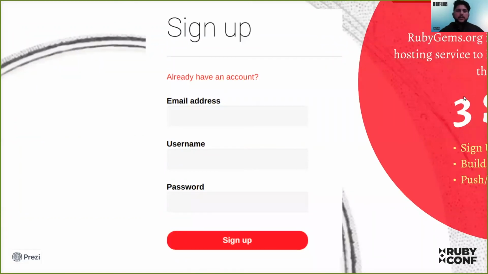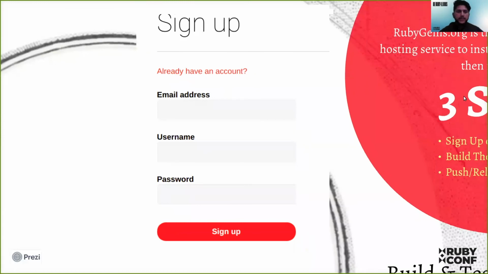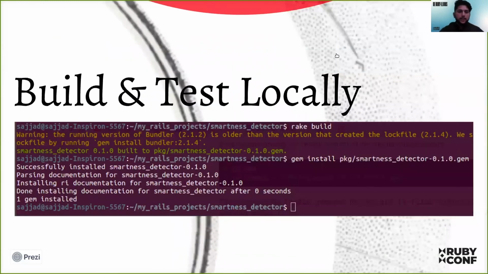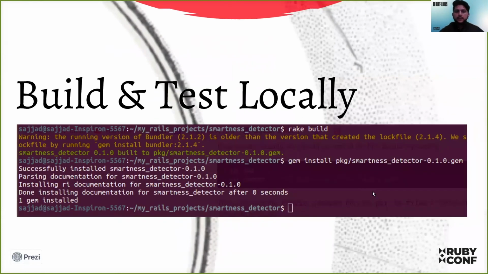After that, it's time to test the gem locally. To test that, we need to build the gem. To do that, we will write rake build. Rake build will create a package inside the package directory for us. Then we can install that package with gem install, smartness detector, and the entire package name. This will install the gem on our local machine, and then we can test it. Once we are satisfied with the test,